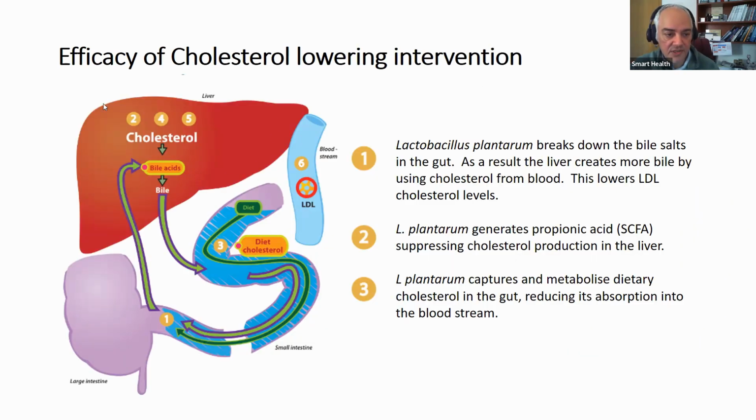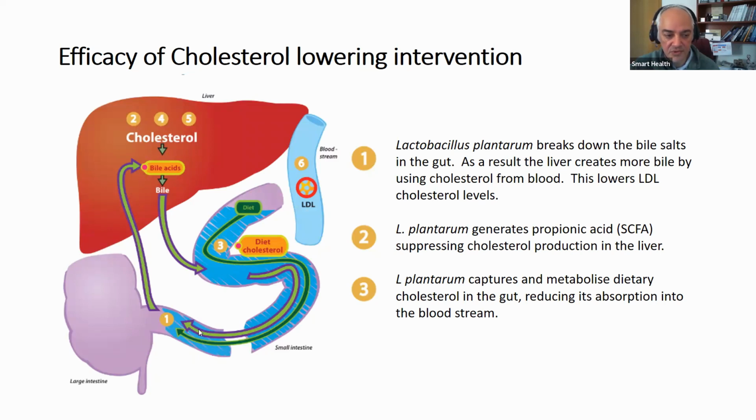If you look at the system, this is the liver. The red part is the liver, where cholesterol is used to produce bile acids. Bile acids are the emulsifier of fats. If during the diet there are fatty acids being inputted as part of the diet, then bile acids are important because they emulsify. Now, at one point those bile acids can be recirculated or excreted. It's very important for individuals that have high cholesterol, high LDL, that this recirculation is minimized.